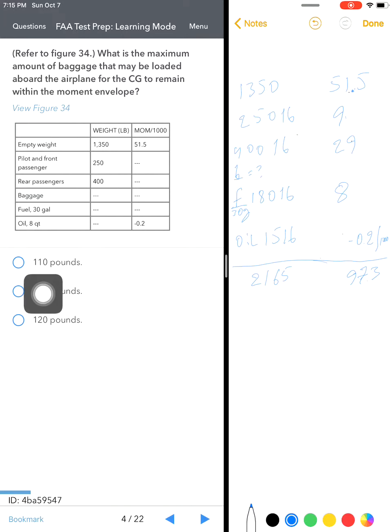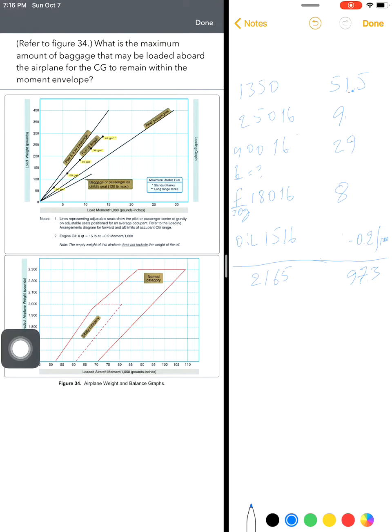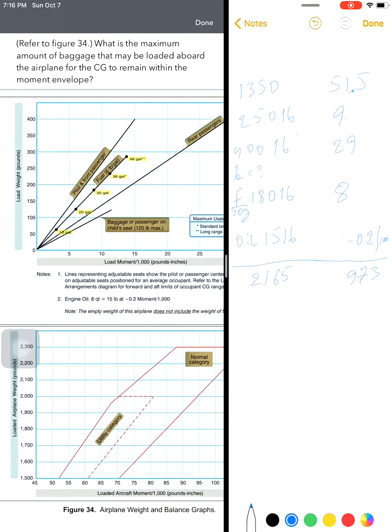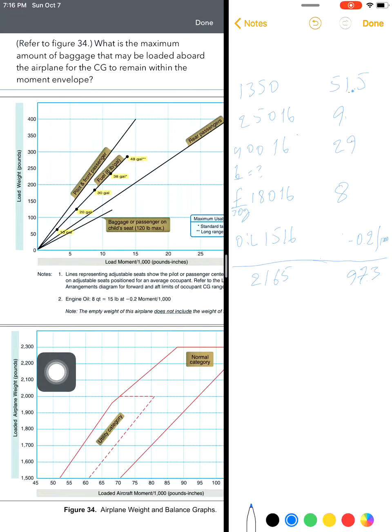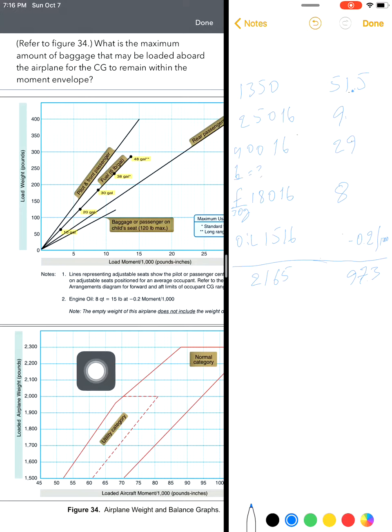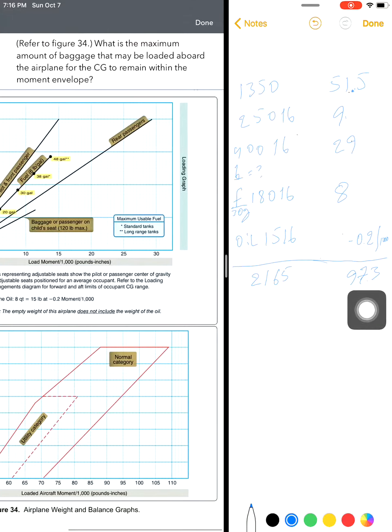If we do 110 pounds, let's start with this. So 110 plus 2165 would be 2275. So you go to that graph and see, 2275 would be all the way around here, and then obviously your moment's gonna be, 100 pounds of baggage would be about 9. So add this to 9